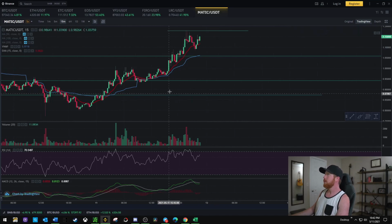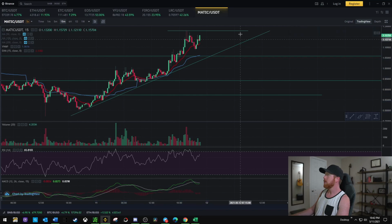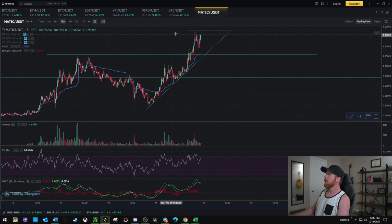All right, so let's go ahead and see if we can get something together here. So looking at this here, let's see what's going on. If you connect these two, I know there's a lot of lines here, I apologize. If we connect those two, in fact we could probably get rid of this previous support, since that's so far down, and we look at this pattern here, that's essentially a, I'm not sure the term for it,